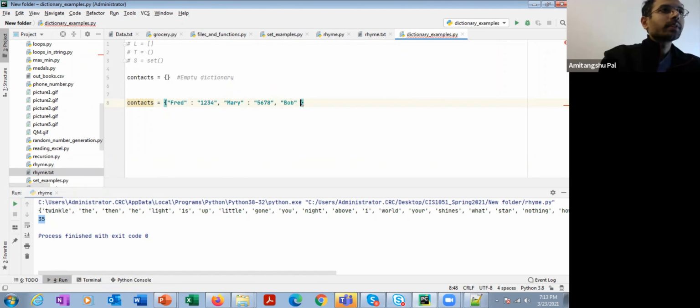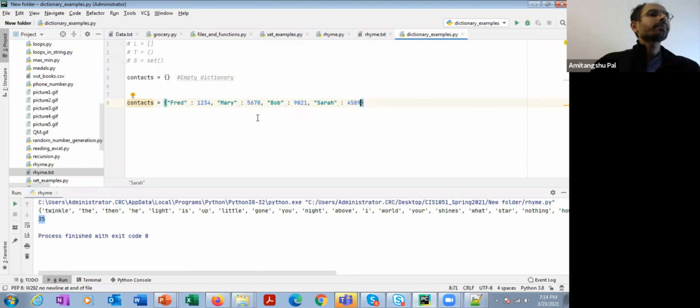Bob, his contact is, sorry, this doesn't need to be a string, his contact is numeric. So Bob, the contact is say 9021, and Sarah, her contact is 5689, something like that. Okay, all right. So this dictionary consists of 4 elements. Each element consists of a key and value.